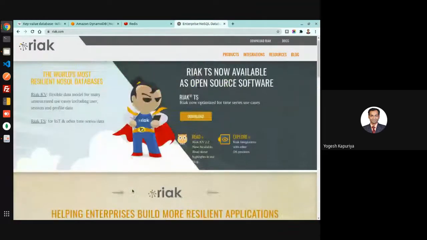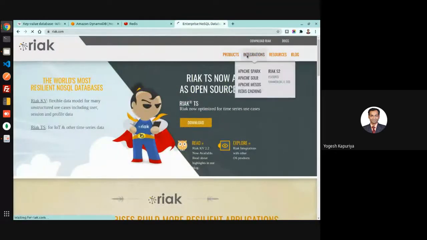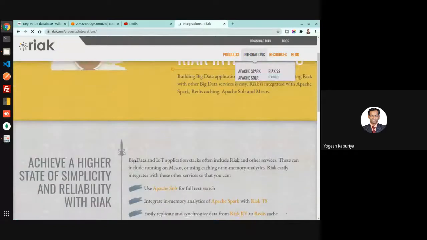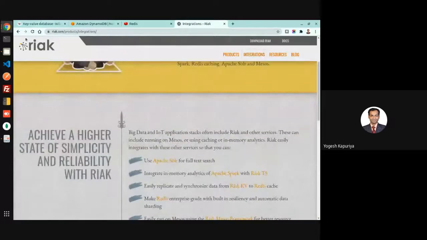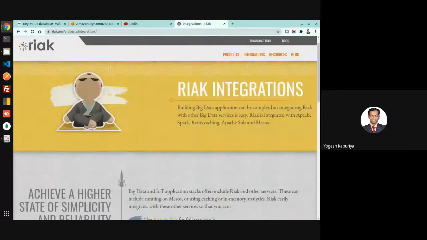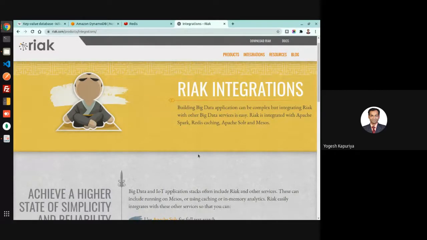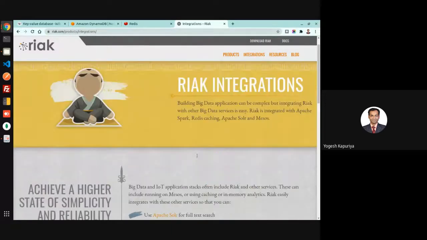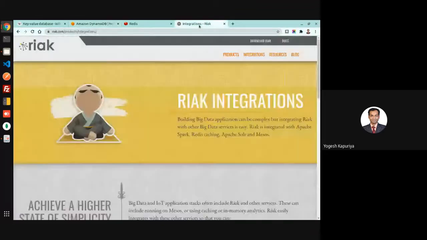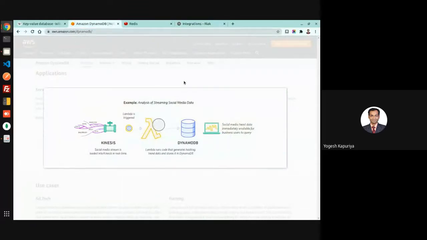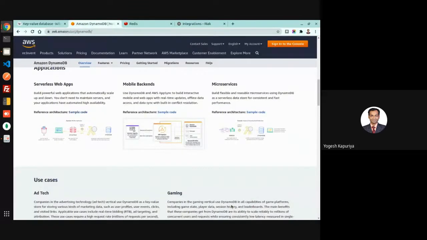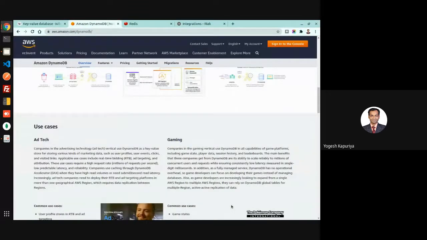Integrations are also important. I think this is very popular. This is a very popular open source key value database, which is widely used for big data applications. Obviously, Dynamo is there, but sometimes the cost is an issue, because this kind of product works on request and response, and the charges are based on the requests.